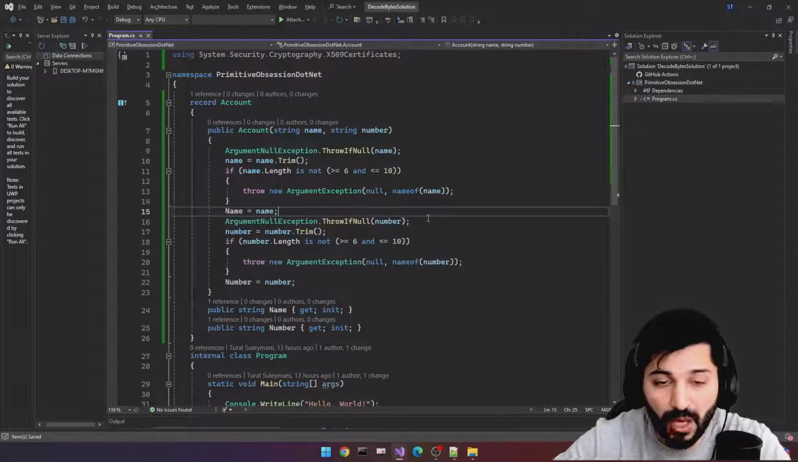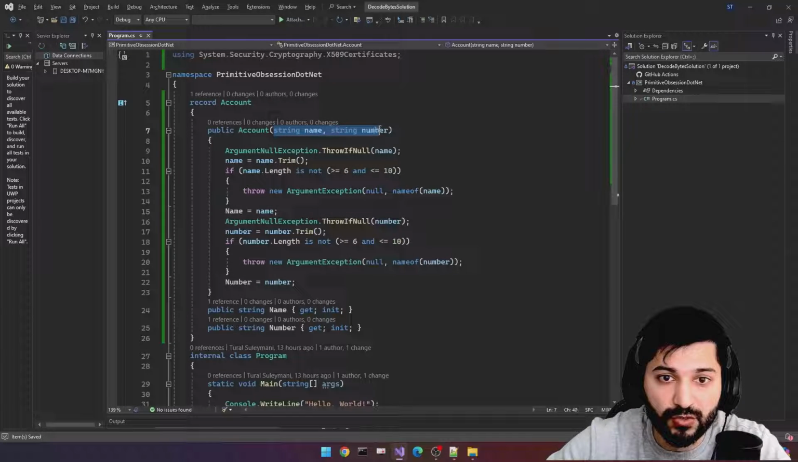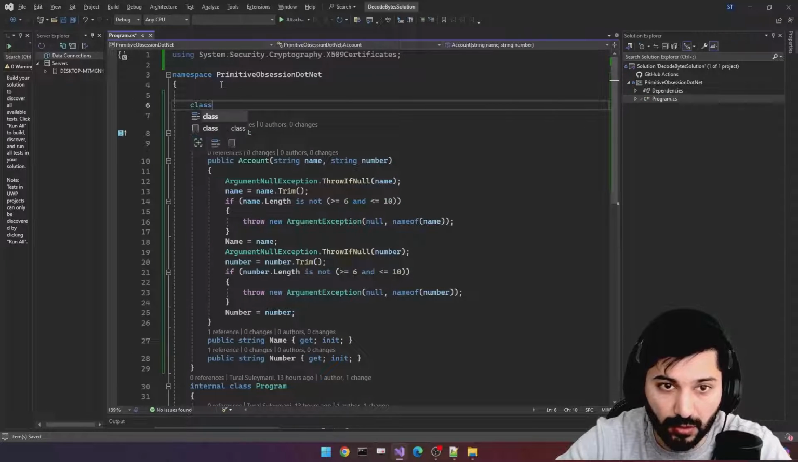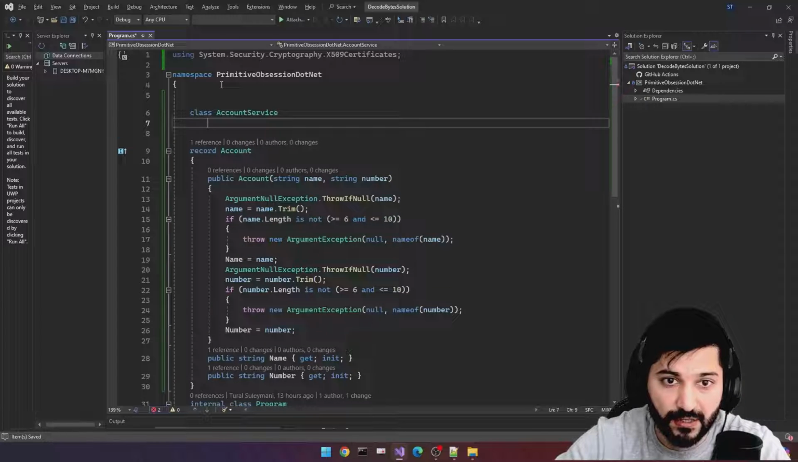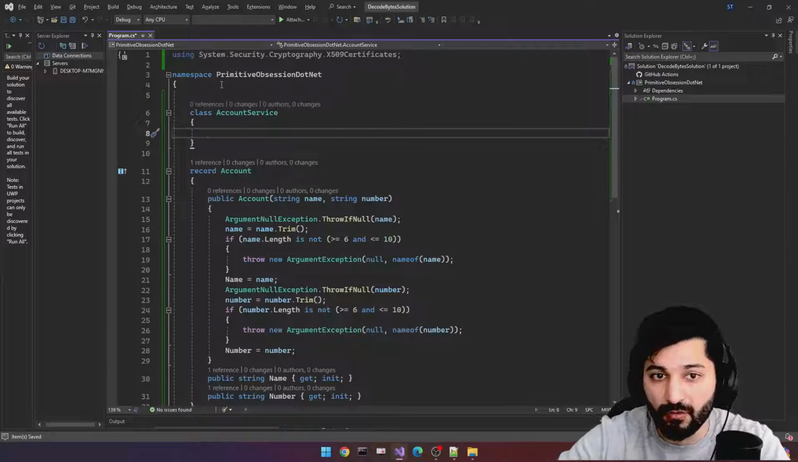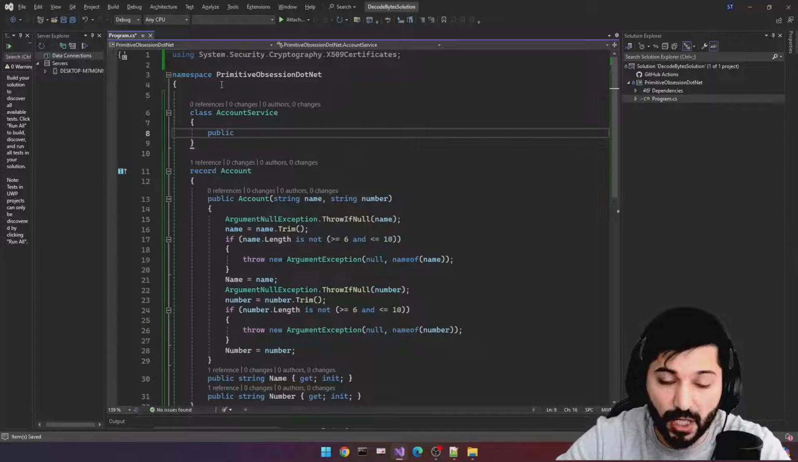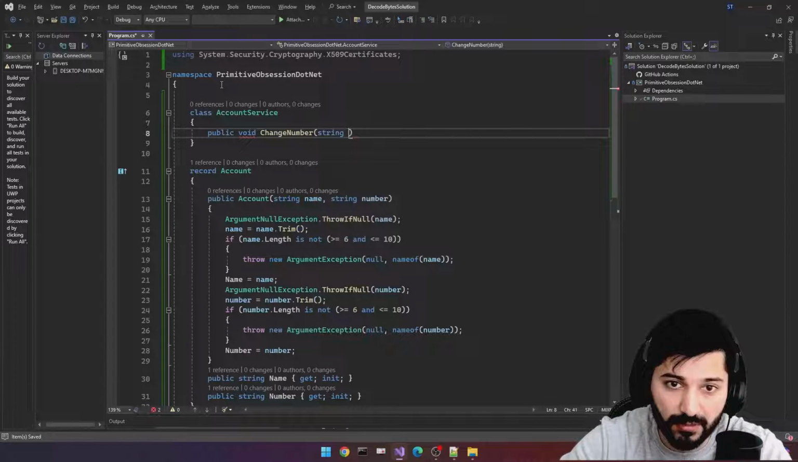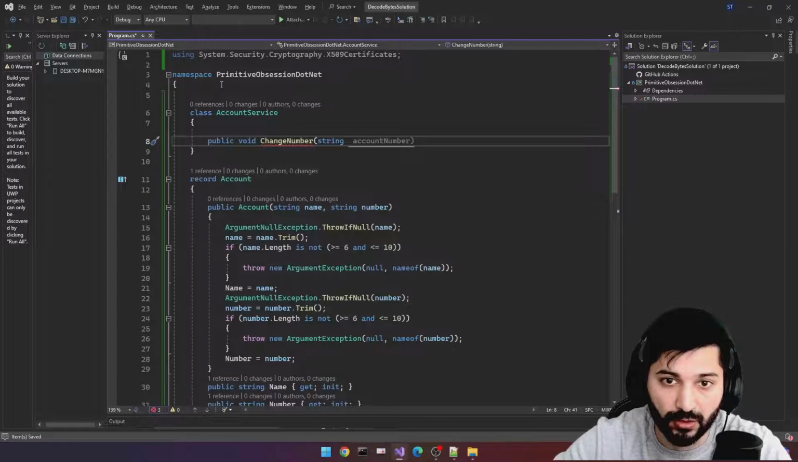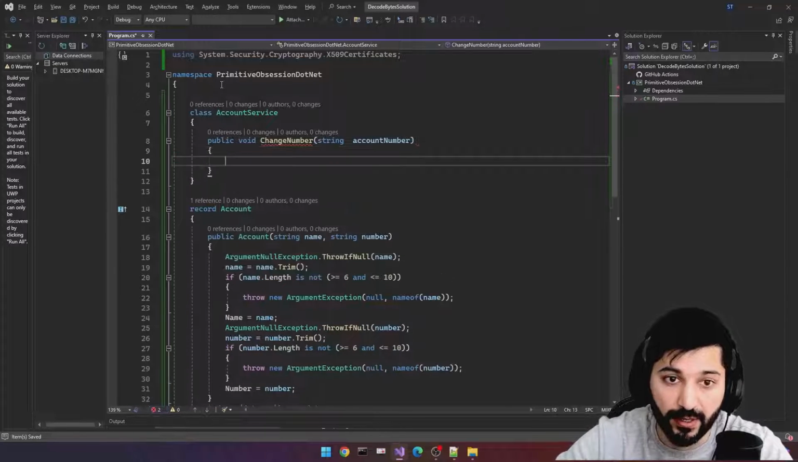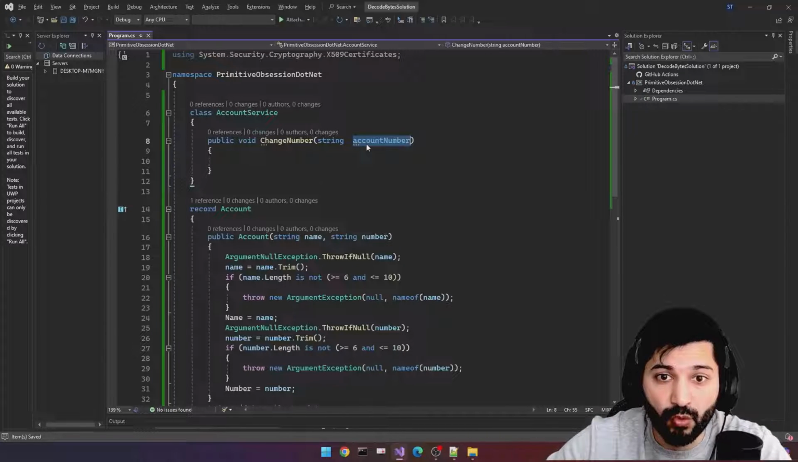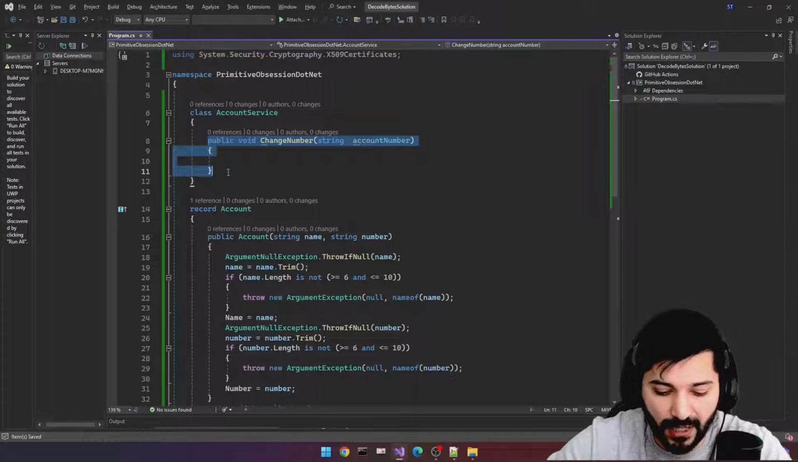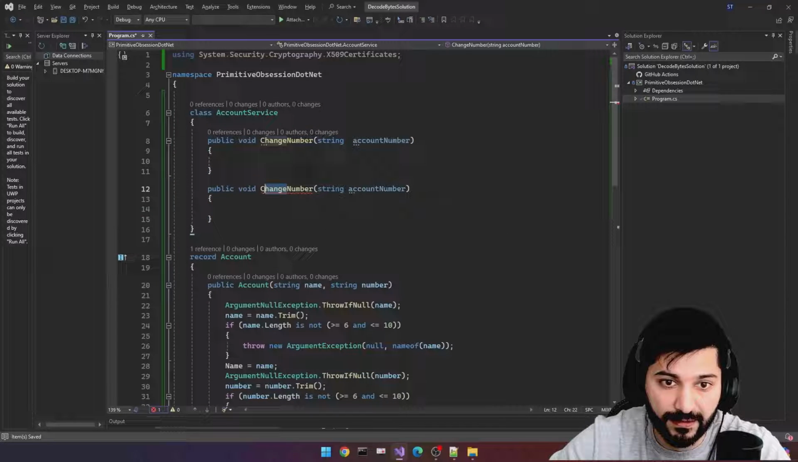The problem here is, in our account, I'm using string name and number, but let's say we have a special class called AccountService. In your service layer, which we'll implement in our web API, we have a special contract method called change number. So we should provide the account number here to change this account number. The problem here is, before changing this account number, or even creating it,